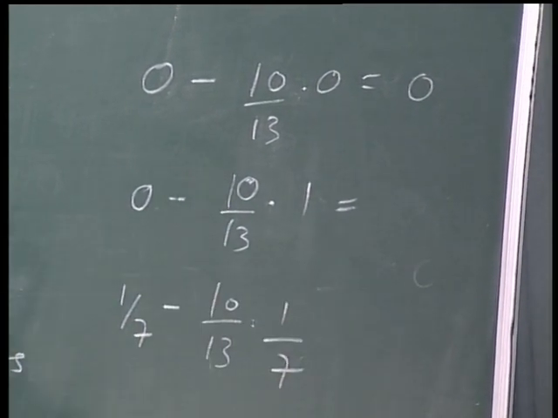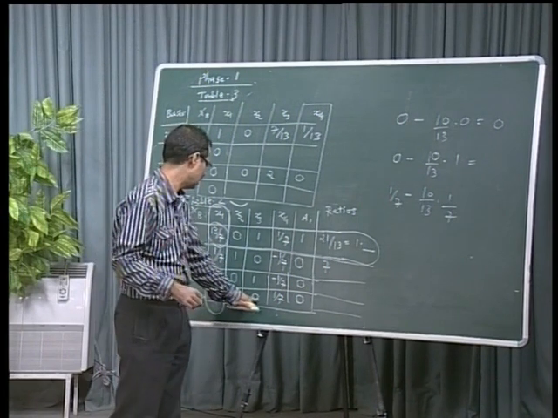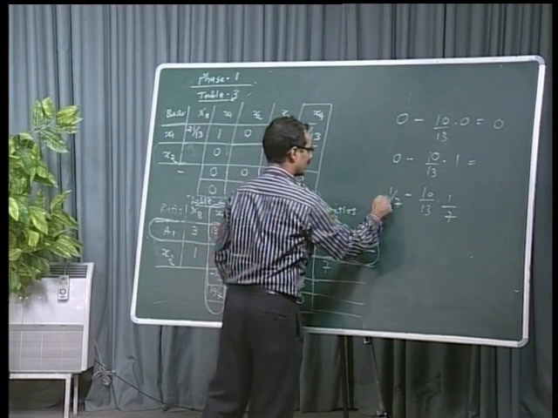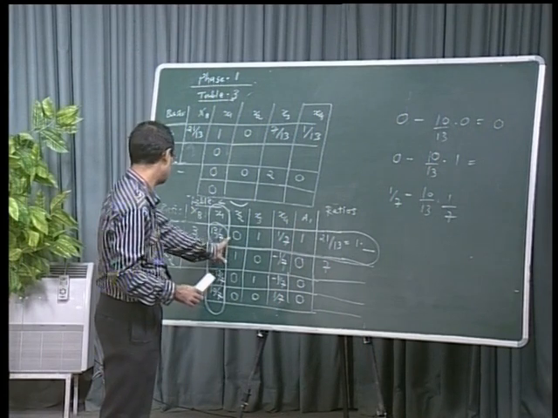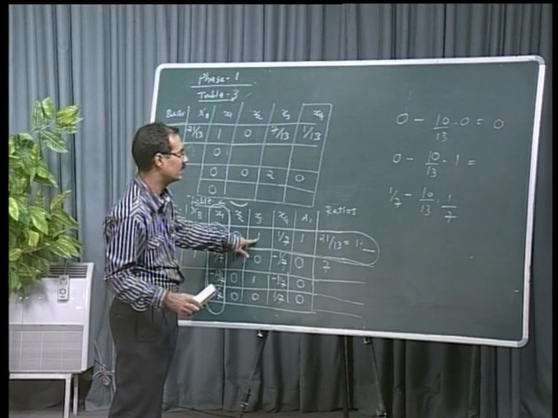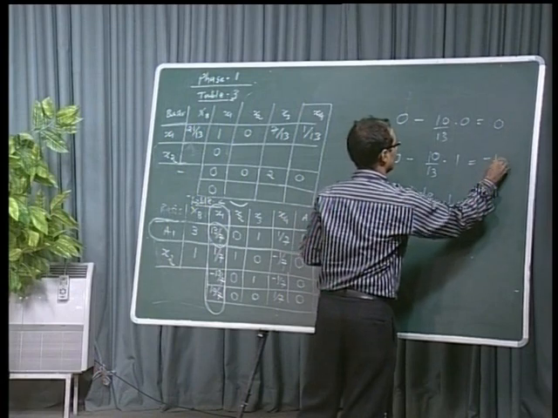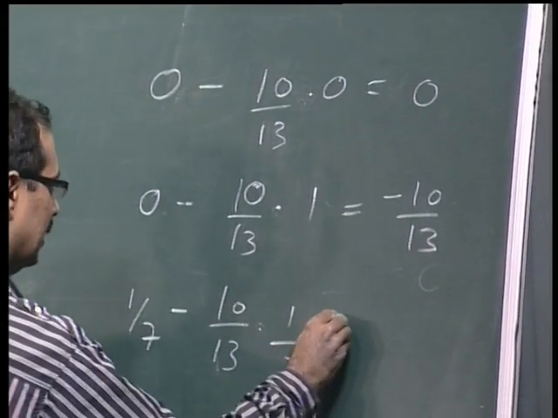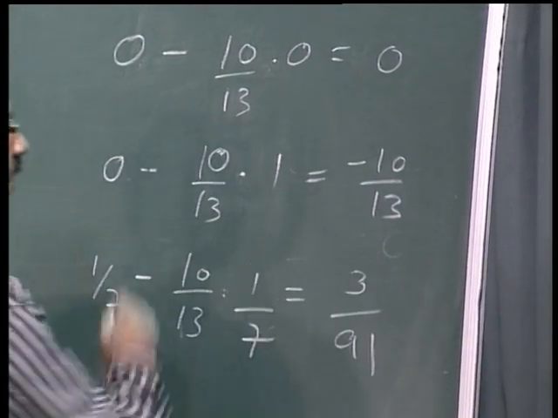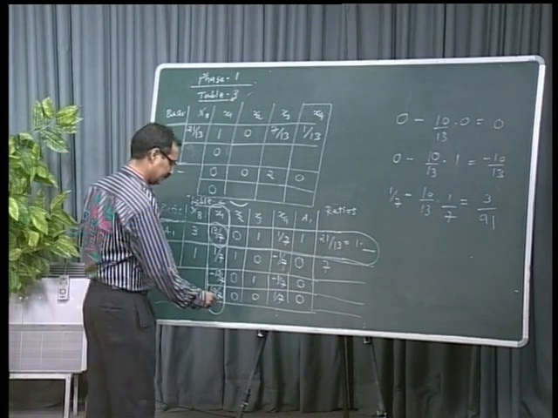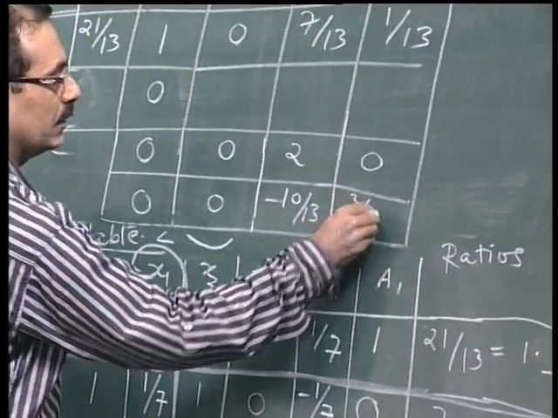Okay. The second is, first of all, actually we are taking this 0, 0 and 1 by 7. So, 0, 0 and 1 by 7 minus everywhere. Okay, corresponding elements are this, right, for 0. So, 0, 1 and 1 by 7. Okay. So, this is minus 10 by 13, and if LCM is 91, this is 13 minus 10. So, 3 by 91. Okay. So, the elements are 0, minus 10 by 13 and 3 by 91.